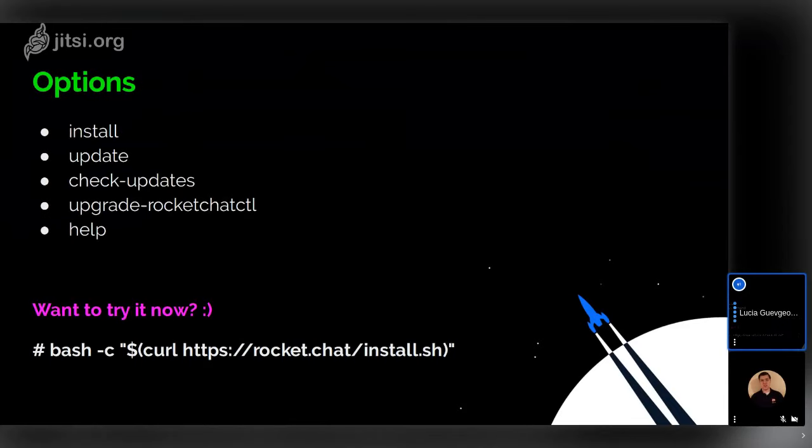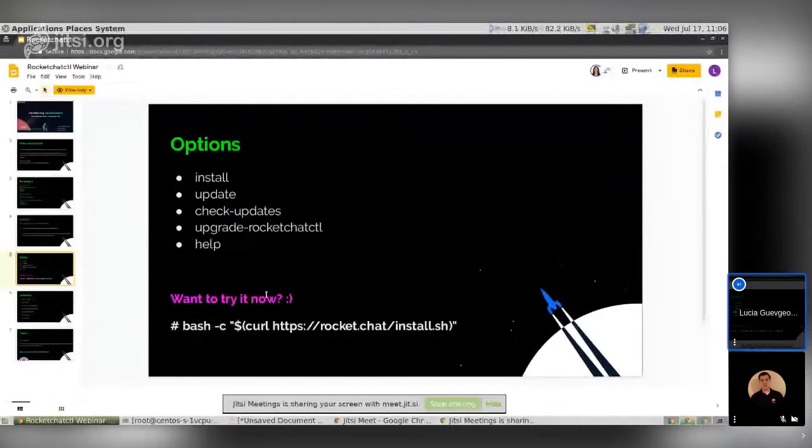Now let me show you the options you can use with Rocket.Chat CTL, and then we can jump to one installation, so to use the install option, basically. This slide shows the arguments you can pass to Rocket.Chat CTL: install, update, check updates, upgrade, and of course you can find all these